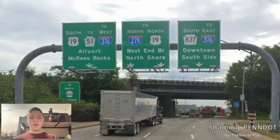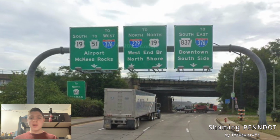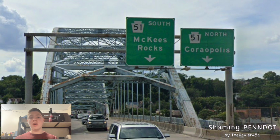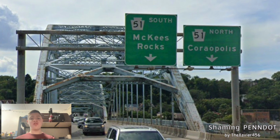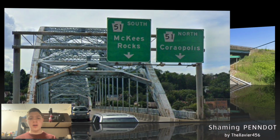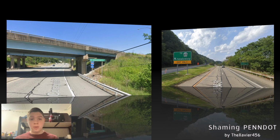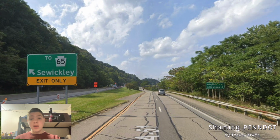But once we've split off, we get even more information, and I don't really want to state all of this. Let's move on. PA 51 South and PA 51 North are signed for McKees Rocks and Coropolis on the McKees Rocks Bridge, and I think I could agree with that, even though we're already in McKees Rocks. Here when we meet with I-79, we don't get any Erie signage, but we do get Washington signage. Put that back there. Here we meet the ramp to the Sewickley Bridge to PA 65, and then we get